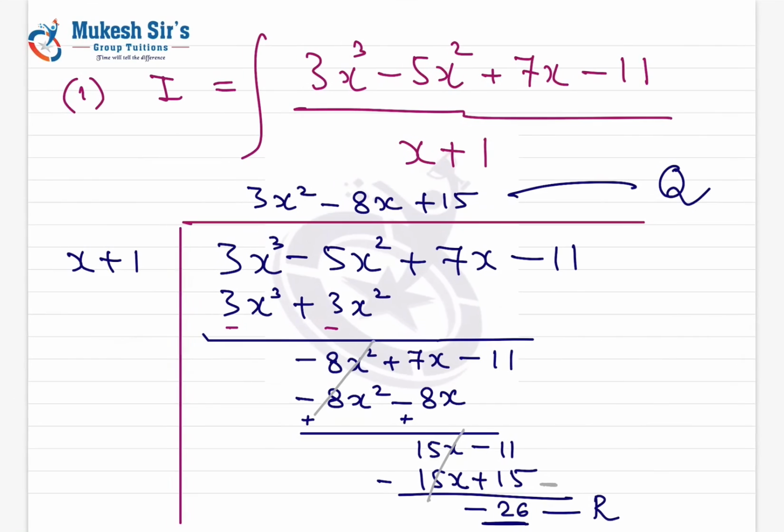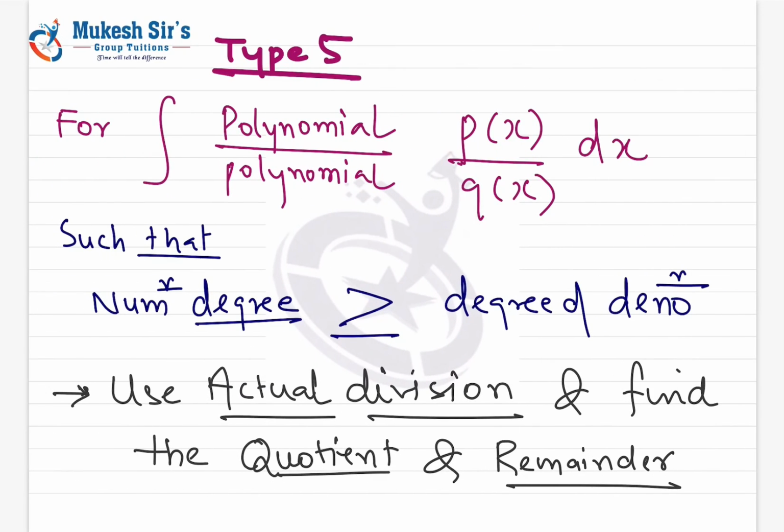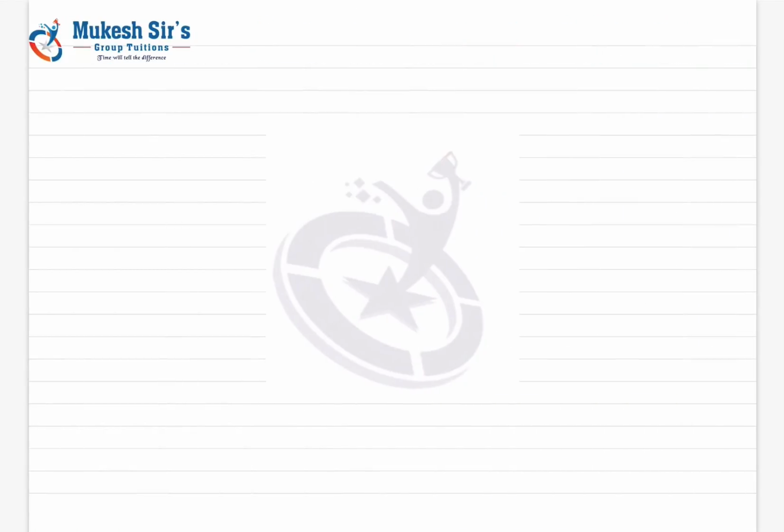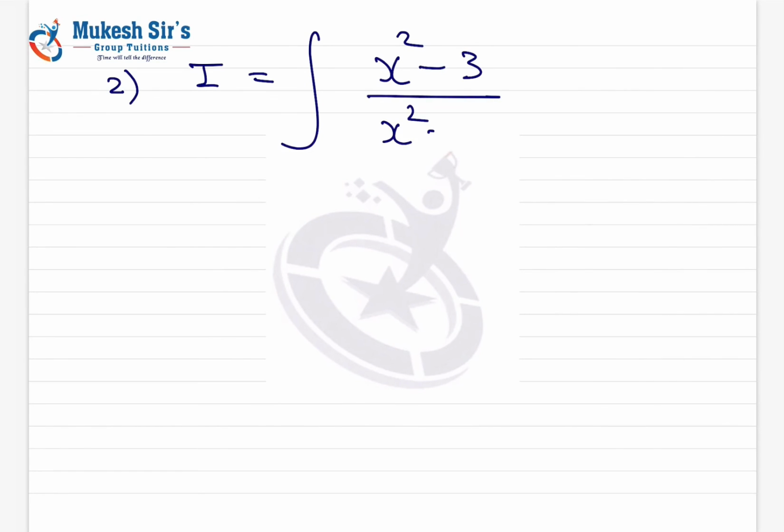So you have to divide. This method is applicable only when the degree of numerator is greater than or equal to the degree of denominator. Okay, I'd say you can do adjustments also, not in this question but for a particular set of questions. So the last example, how do you solve integration of x square minus 3 upon x square plus 1 dx.